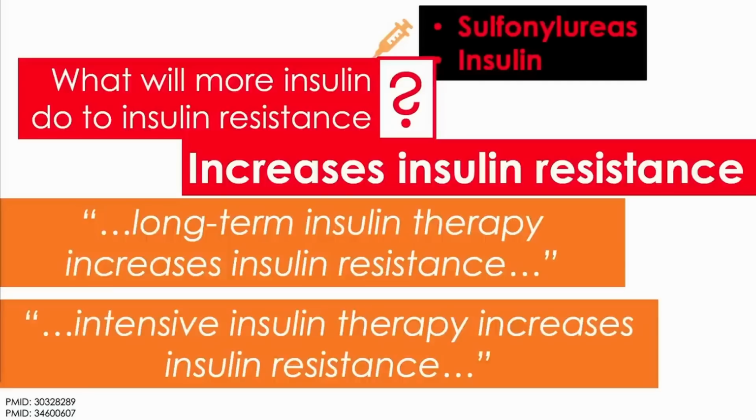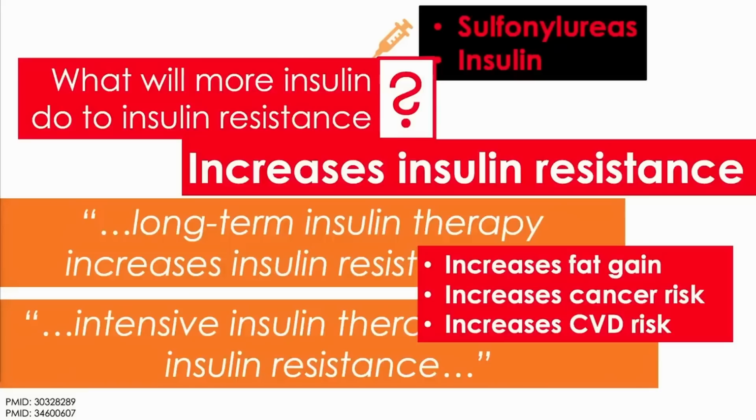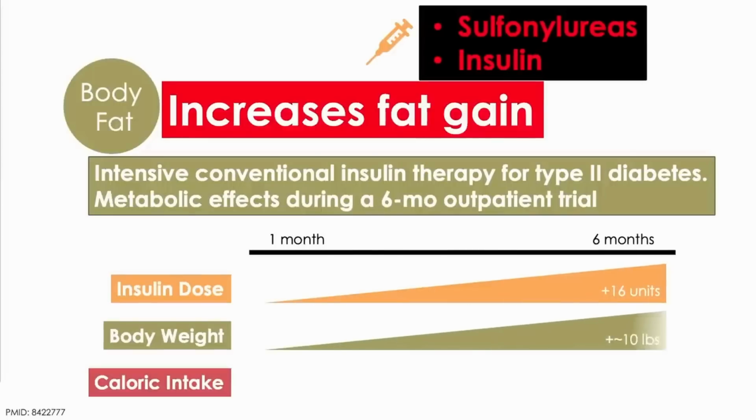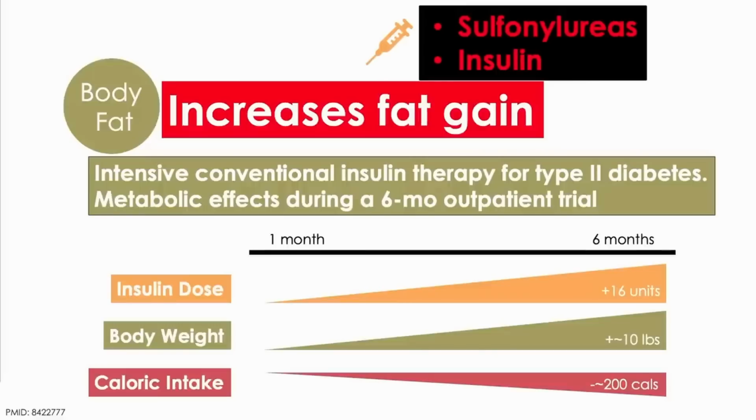Indeed, giving a type 2 diabetic insulin is like giving an alcoholic another glass of wine, hoping that a little extra alcohol will solve the problem. It's the high insulin that caused the problem. And unfortunately, it gets even more dramatic. When you put a patient on insulin therapy, in fact, you look from the moment of treatment, insulin dose over several months goes up. And the body weight starts to climb, all while, based on the metrics being used, the amount of food being consumed is dropping. Over these few months, they appear to be eating less, and yet they're gaining fat.